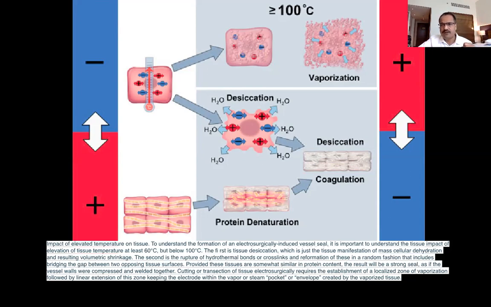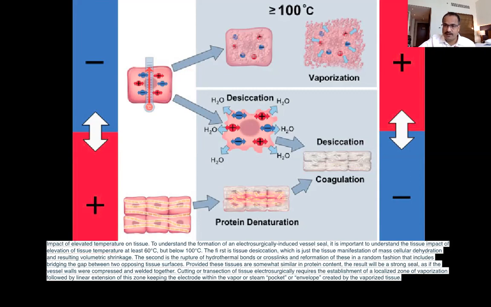You form a clump. When the temperature goes from 90 to 100 degrees, whatever remaining water is there starts boiling. The cell swells, the already broken cell will give way and burst. The water evaporates, so it goes into vapors, and the ions and cations into fumes. This is how the tissue cuts or moves apart, and that is called vaporization. In medical terms, since the word cut has already been used by the engineers, we say vaporization happens. That means it is cut.